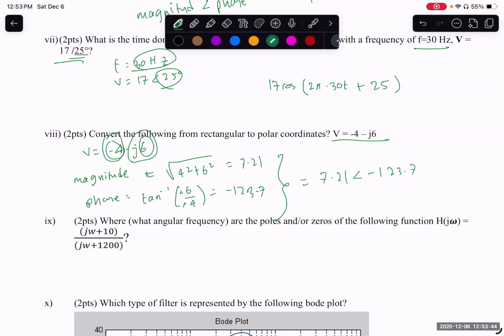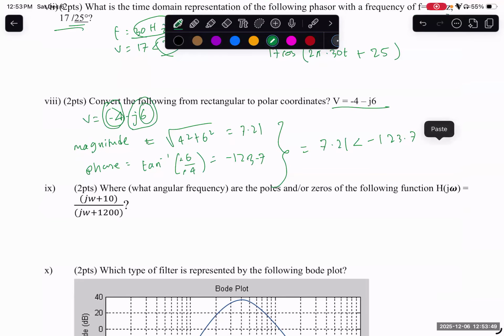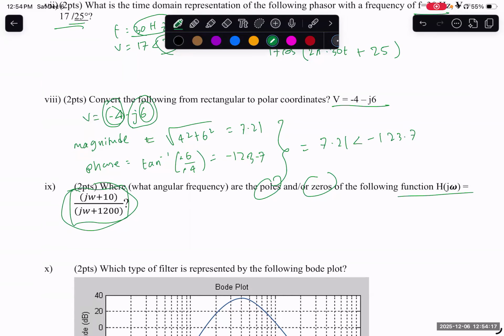All right. Moving on, we have this question about Bode plots. It's not the most difficult question. It's just intuition at this point. As long as you know how the poles and zeros work, you should be able to answer questions like this. It says, what are the poles and zeros of the following function? This is already in the simplest form. If you go through the Bode plots lecture, you would know how the equations are written down in the simplest form. So basically, if it's in the numerator, it's going to be the